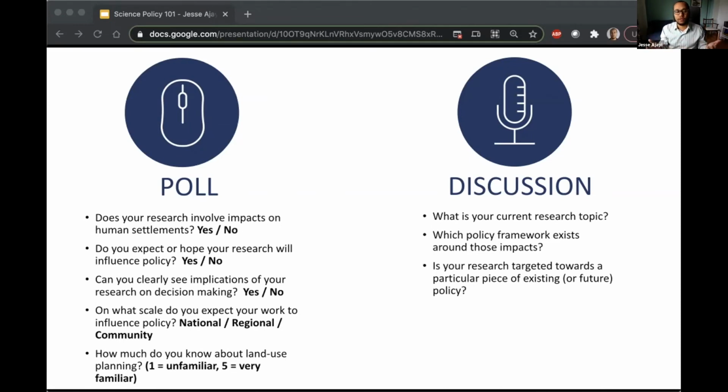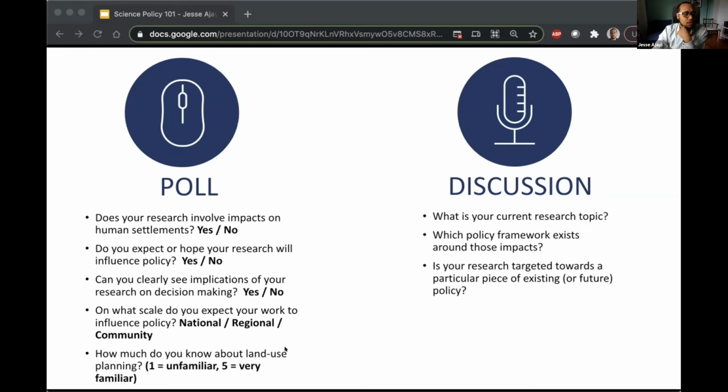So I'm not sure if policy implications should be on your mind when you're doing your projects. That's for you as researchers to decide, on what scale: national, regional, and community. Okay, that's interesting. I'll be focused mostly on the community scale, but I'll keep in mind that other folks are working at higher levels here.